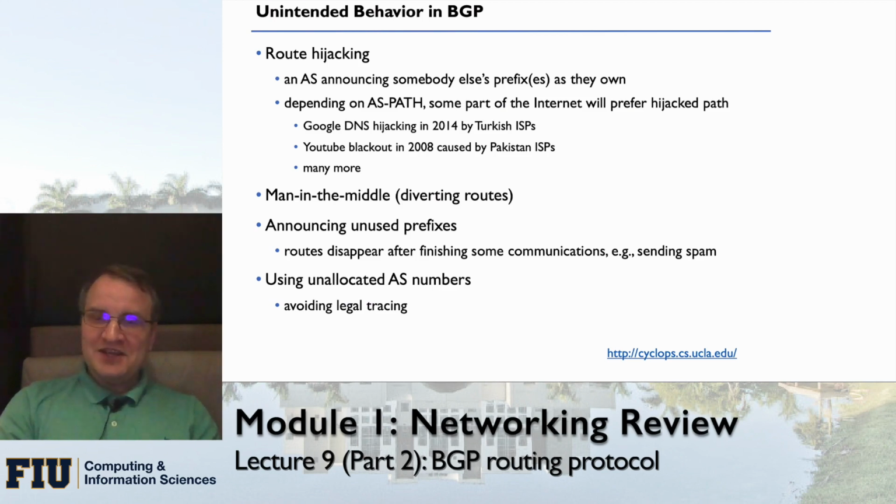And if you have a way to reach Google, then you will serve it. But like an accident in 2014, they did it intentionally for the purpose of constraining Google within Turkey, but the BGP system is global, so they affected a much bigger population of the network, not just the Turkish ISP. It's similar to what happened in Pakistan in 2008, and similar accidents keep happening over and over again.